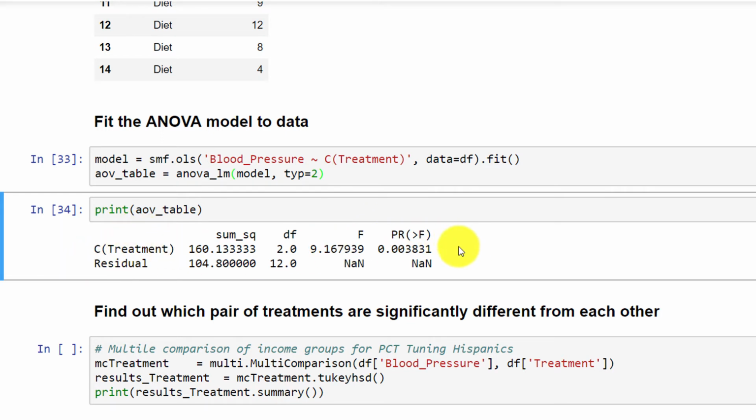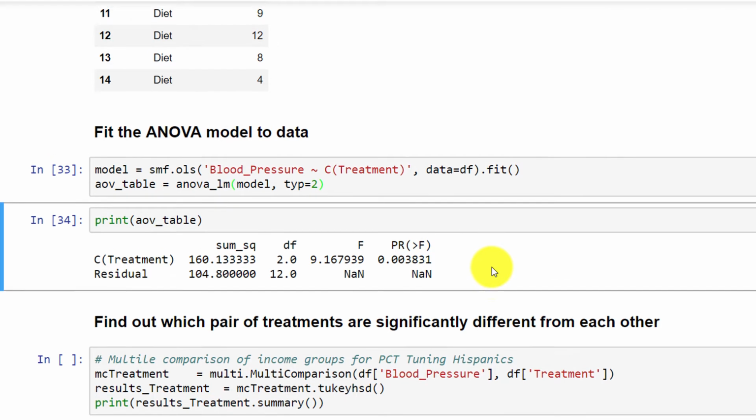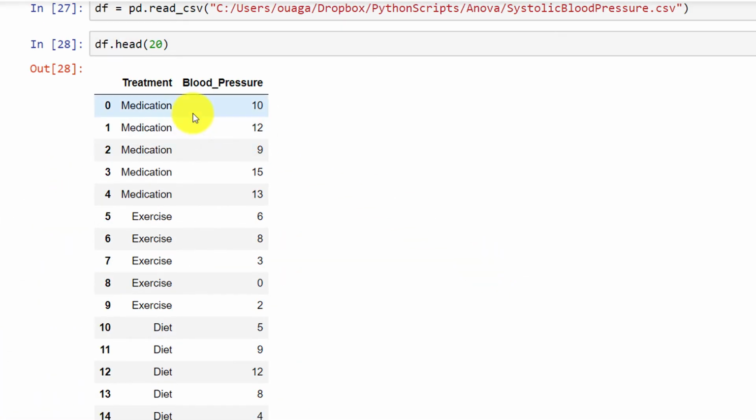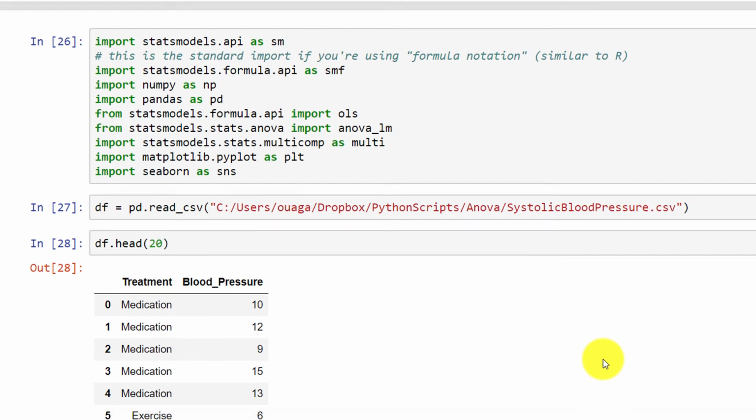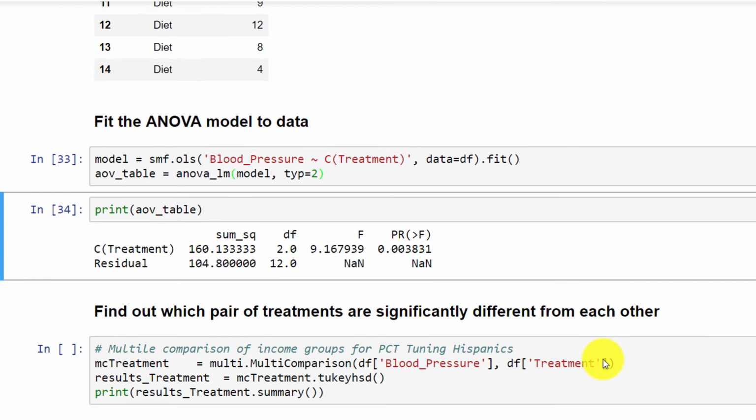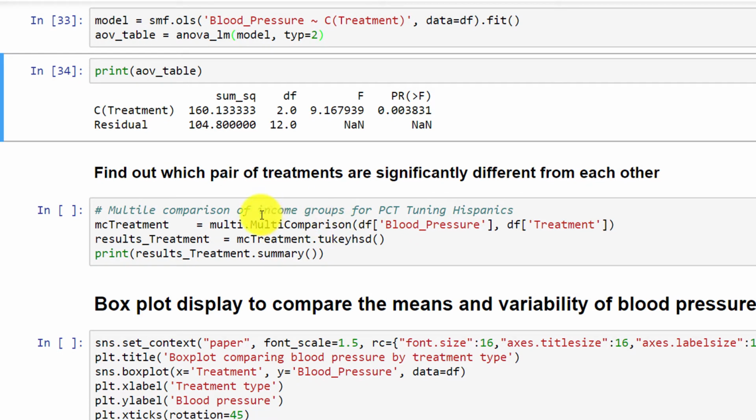All right? So since there's a significant difference in treatment, we want to know which one significantly differs. For example, is it medication and exercise, or medication and diet, or exercise and diet? We want to know which one is significantly different. In order to know that, we will do a multiple comparison. This is called a Tukey multiple comparison. So we will run the Tukey multiple comparison. And the way we do that,